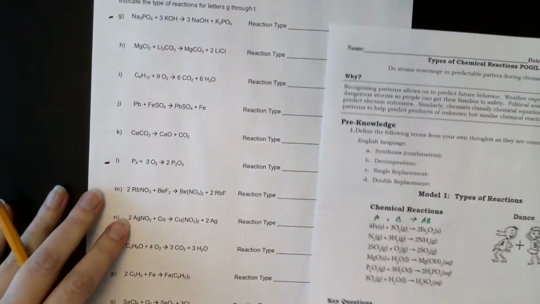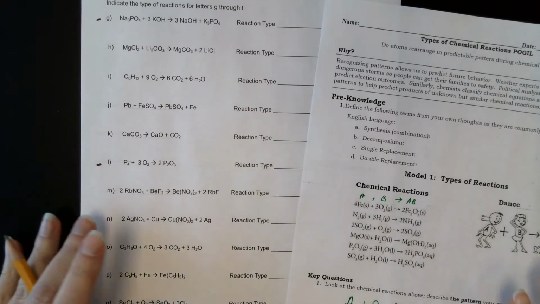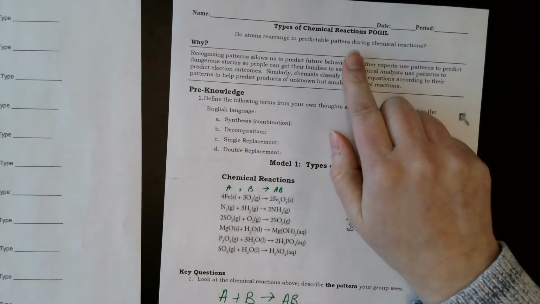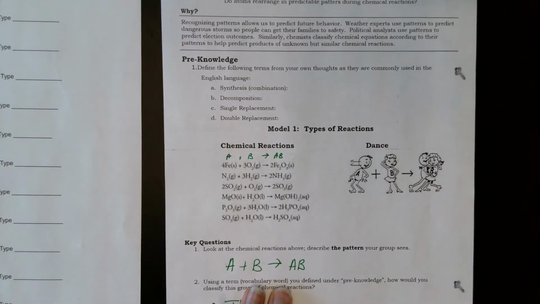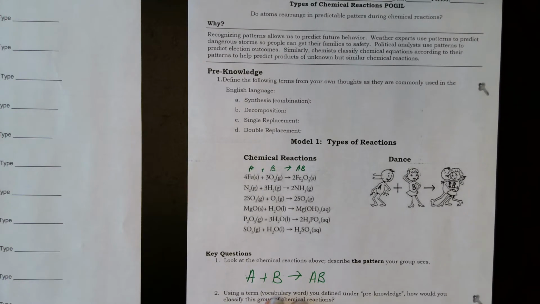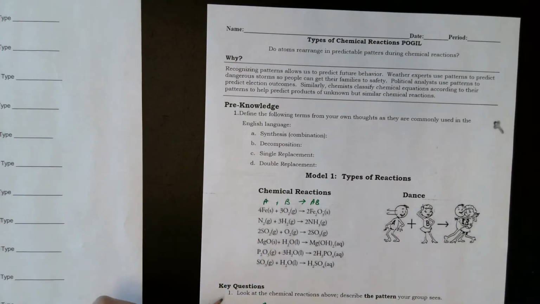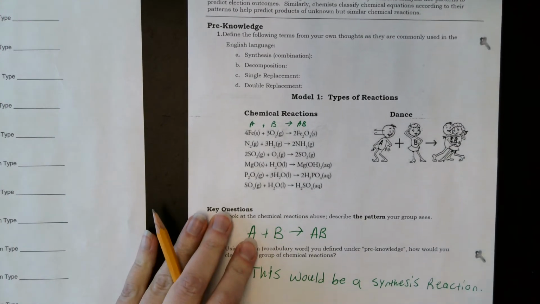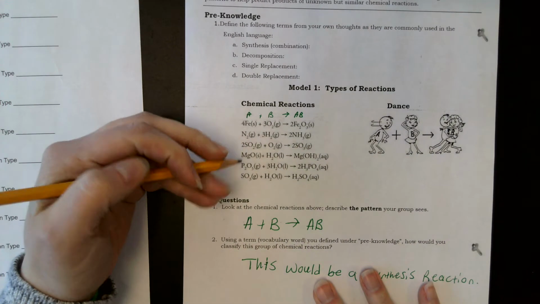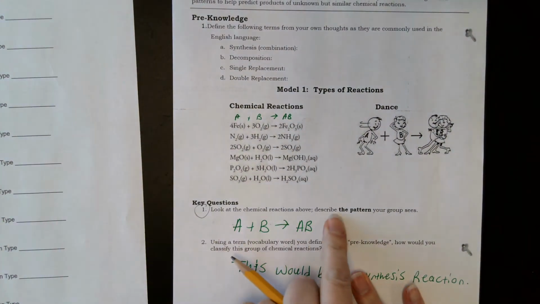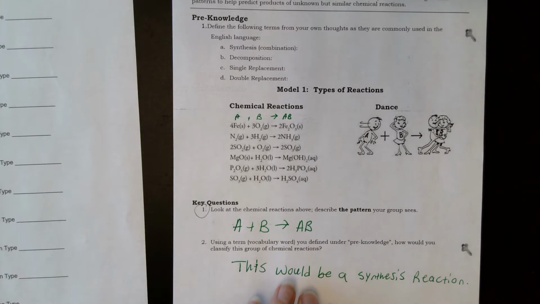Hey Kim, I wanted to talk to you about types of chemical reactions and how to identify them. This is actually super easy to tell. On this assignment, all you have to do is look at the patterns that you see in all of your types of chemical reactions. Okay,